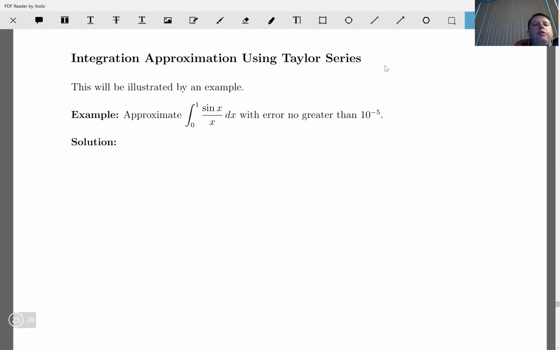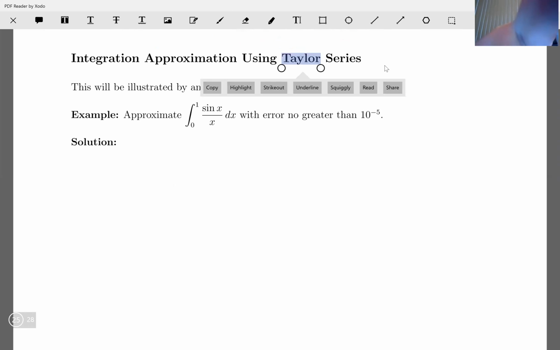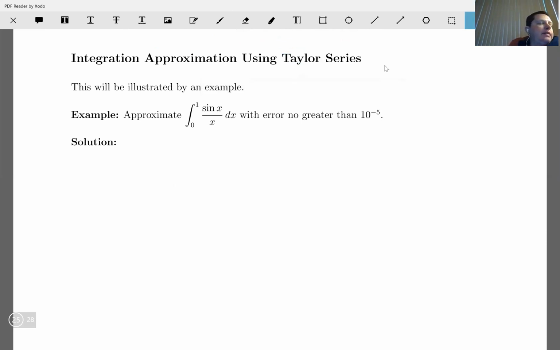Integration approximation using Taylor series. So we want to approximate the integral from 0 to 1 of sine of x over x with an error no greater than 10 to the negative 5th. This is by no means a simple task. And in fact, I think I might make that a separate video. So I think I'm going to stop this one right here. And stay safe and see you in the next